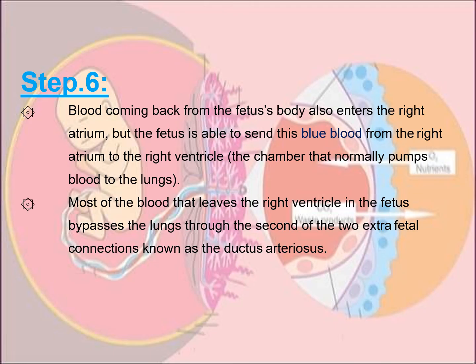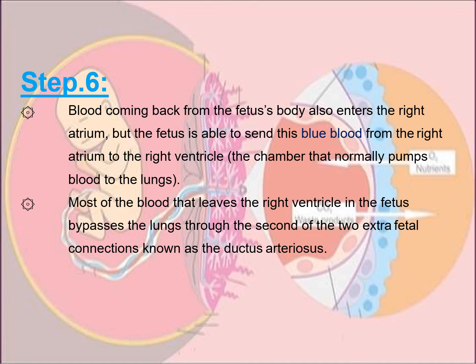Now the next step is, the blood which is coming from the fetal body also enters the right atrium, but the fetus is able to send this blue blood from the right atrium to the right ventricle. So some amount will go to the right ventricle also, and from the right ventricle, in the normal case, if it is an adult circulation, it will enter into the pulmonary artery and go to the lungs. Here also it will enter into the pulmonary artery, and from the pulmonary artery it has to go